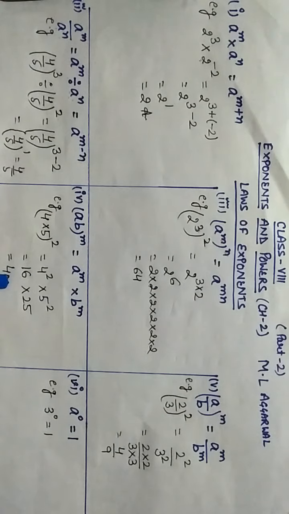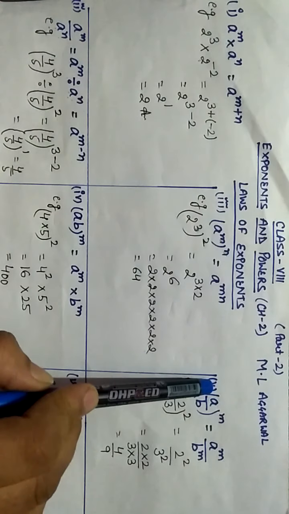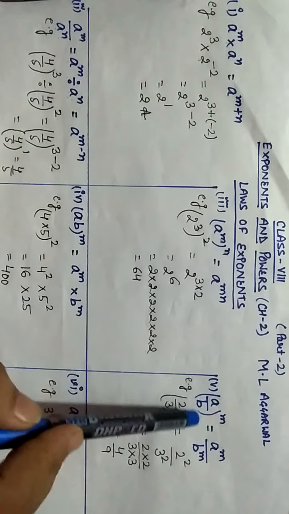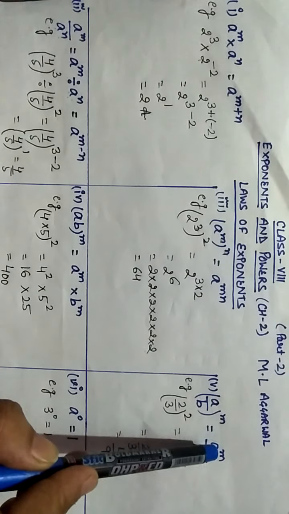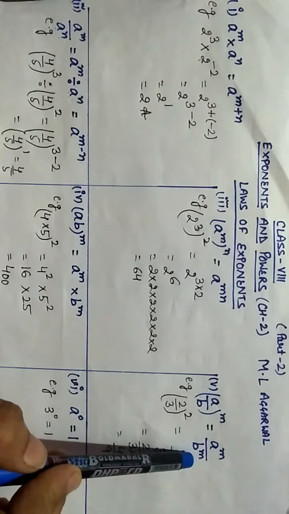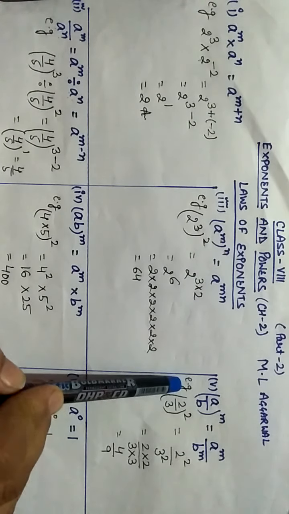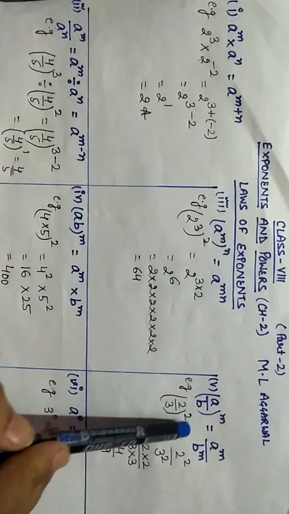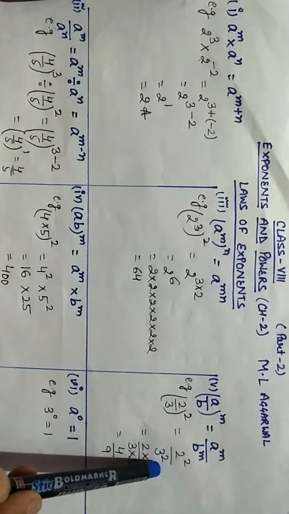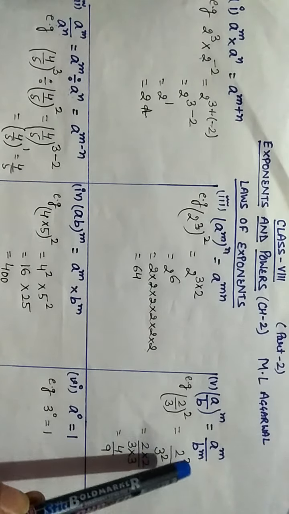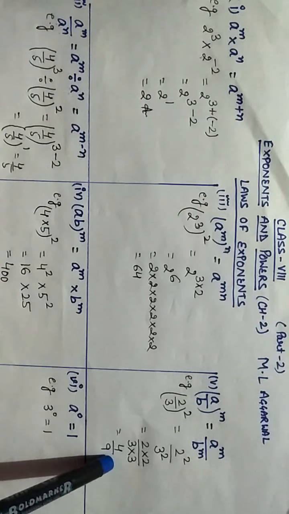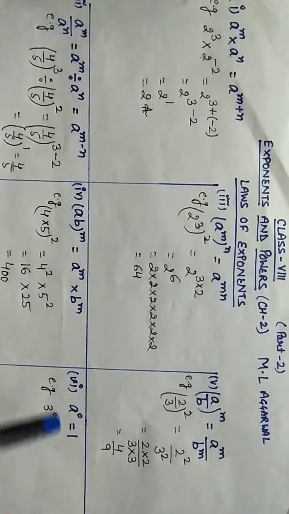Now the fifth law of exponents is here. a divided by b, whole raised to power m, then we can open it as a raised to power m divided by b raised to power m. Okay, we understand by the example, 2 by 3 raised to power 2 is equal to 2 raised to power 2 divided by 3 raised to power 2. 2 raised to power 2 means 4 and 3 raised to power 2, that is 3 squared, is 9. So 4 by 9 is the answer.